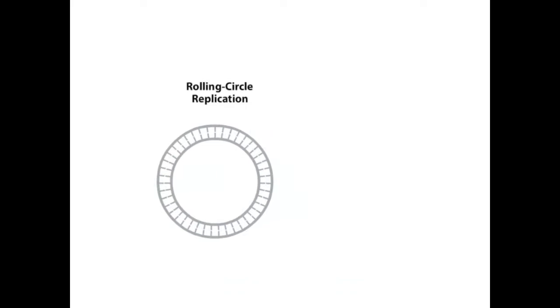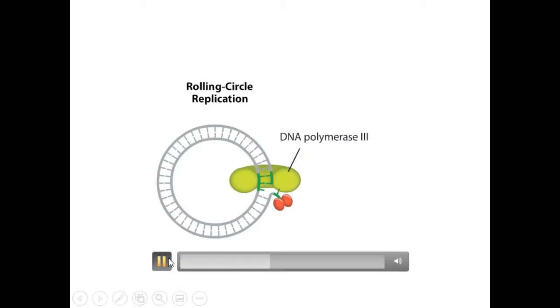In rolling circle replication, a replication initiator protein called Rep-A binds to a section of the double-stranded DNA called the origin of replication, or ORI. Rep-A is encoded by a plasmid gene. Rep-A nicks one strand of the DNA and holds on to the 5' end of the strand. The 3' end, with its free hydroxyl group, serves as a primer for a host DNA polymerase to begin to